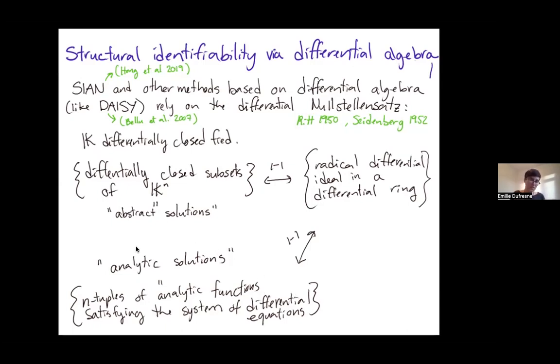So when I'm thinking about my model prediction map, I'm very much here. And these two methods, SIAN and DAISY, play here in this world, in the differential ideal and differential ring world. So let me just say a very brief